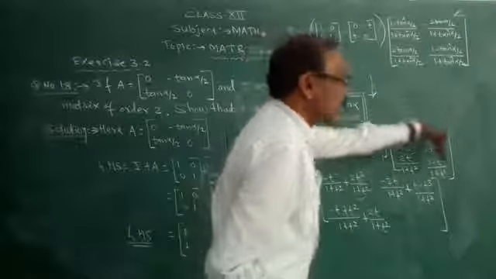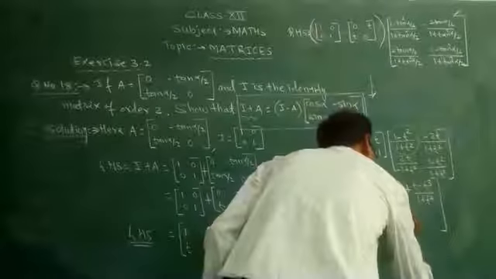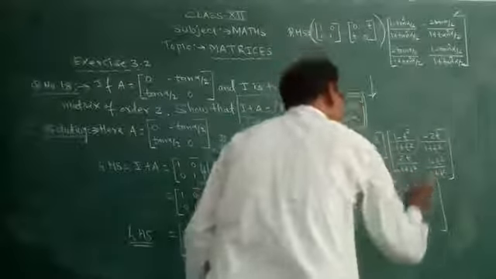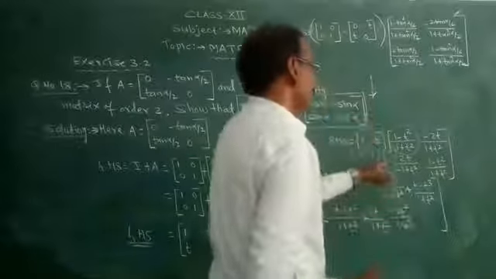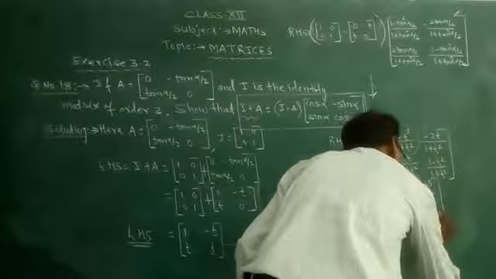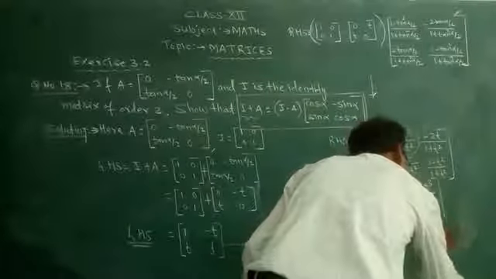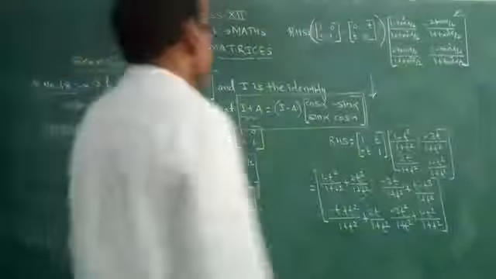Then second row, second column: minus t into minus 2t square upon 1 plus t square, 1 into this plus 1 minus t square upon 1 plus t square. Okay, so that equals to